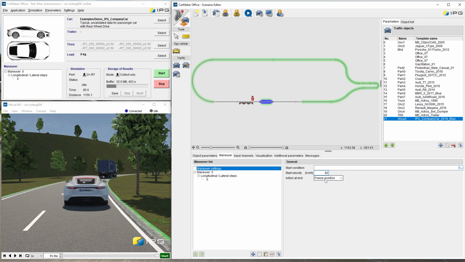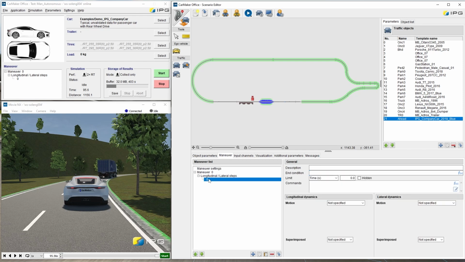As next step, we have to add a maneuver step. We set the limit of time to 300, so we have enough time to execute the scenario, and we set the longitudinal and lateral dynamics to autonomous driving.